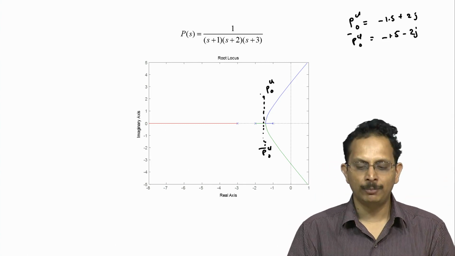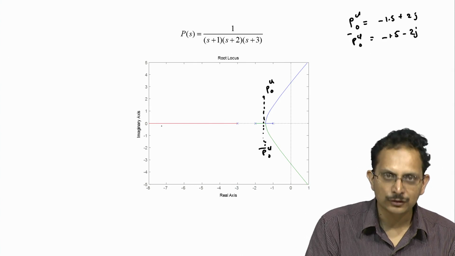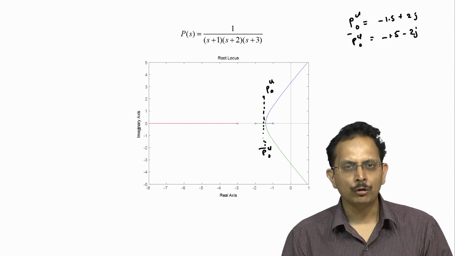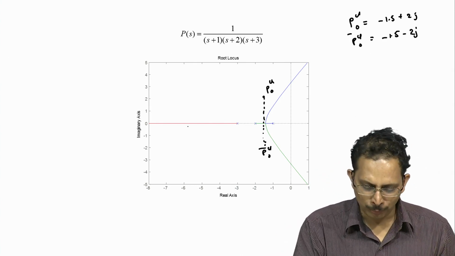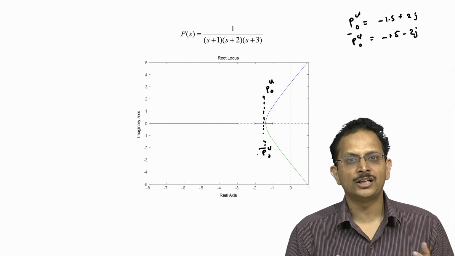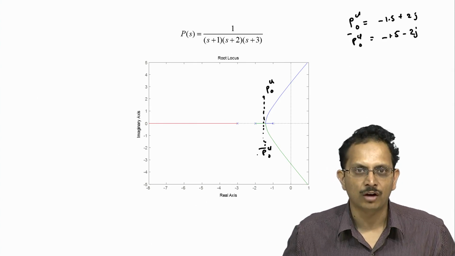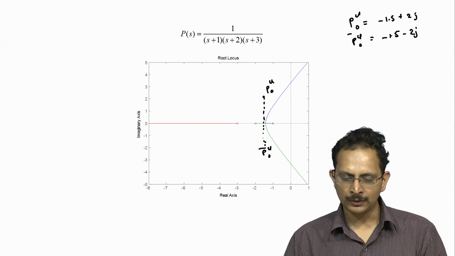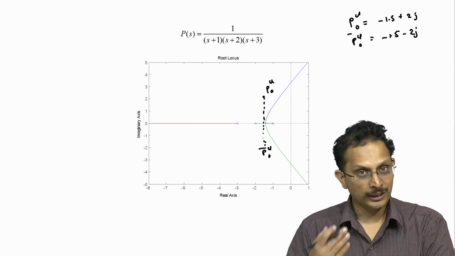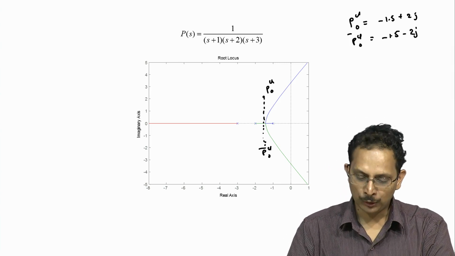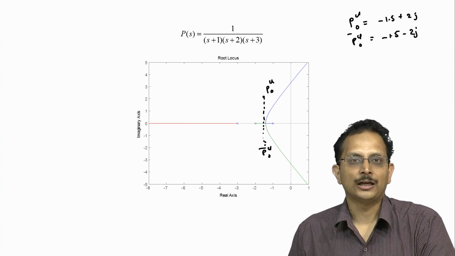Of course, there will be one more pole on the other branch of the root locus, which we are not going to discuss because it is going to be to the left of these two poles and is therefore not going to be a dominant pole of our closed loop system. So, we have to therefore first get the root locus to pass through the point PCL naught.